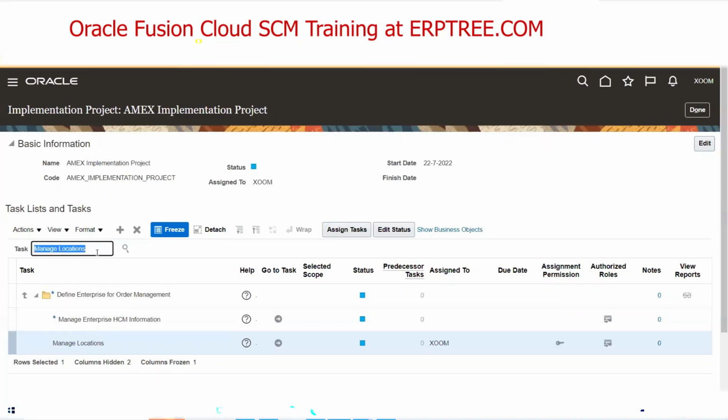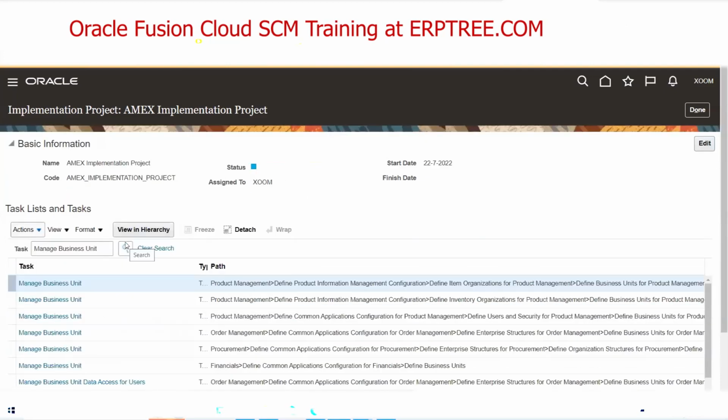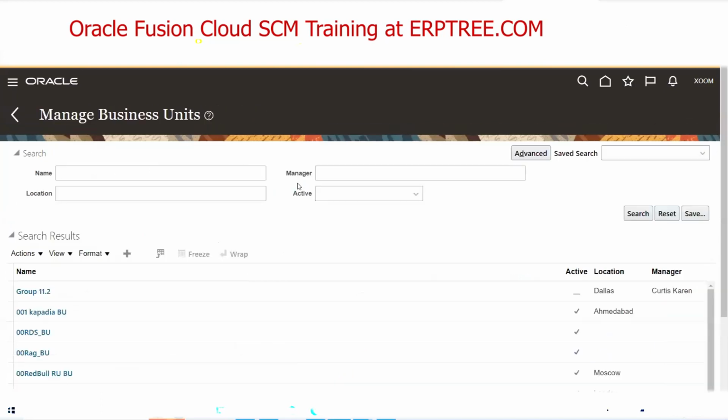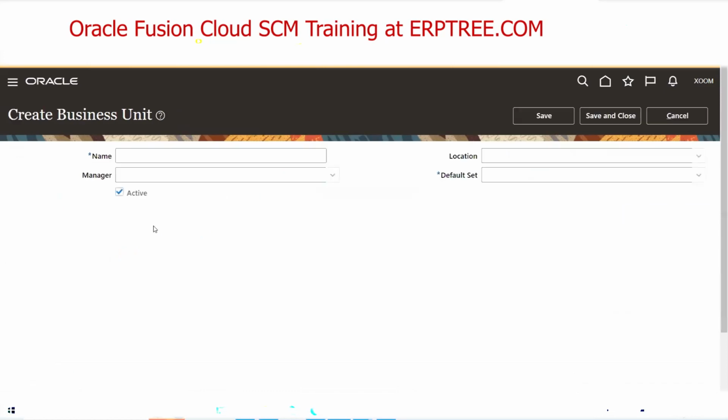Now go to the task called manage business unit. Manage business unit. Click on the manage business unit task. Click on the go to task icon. Here we can create the business unit. Say create. And we can name it as, say,